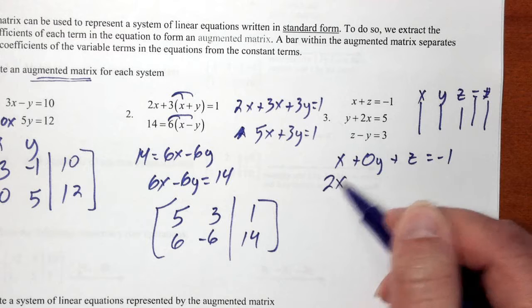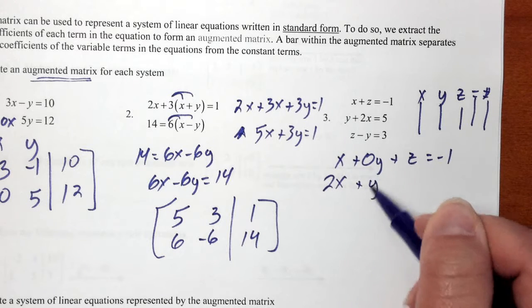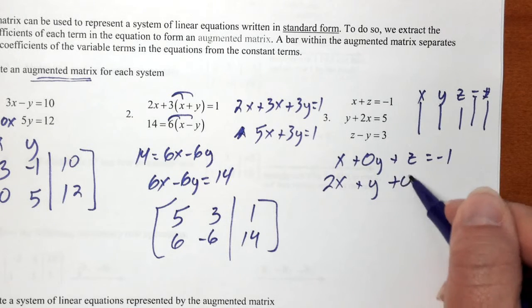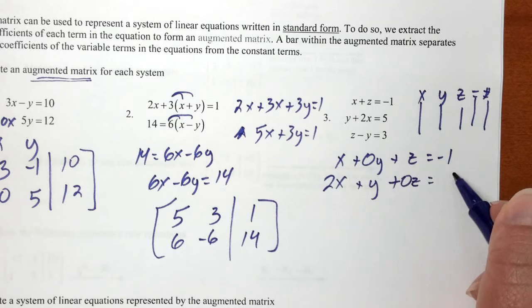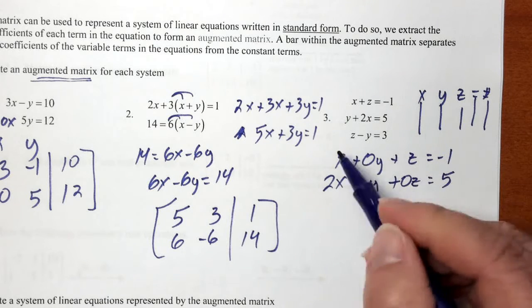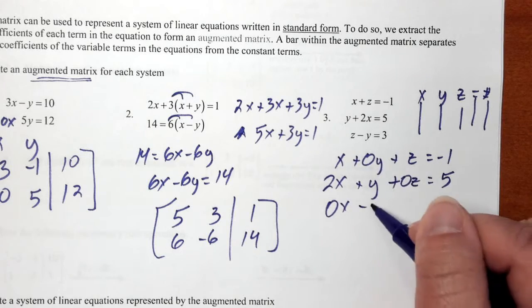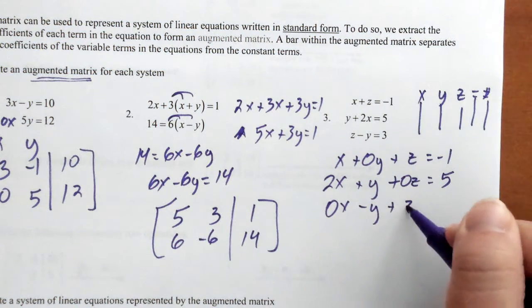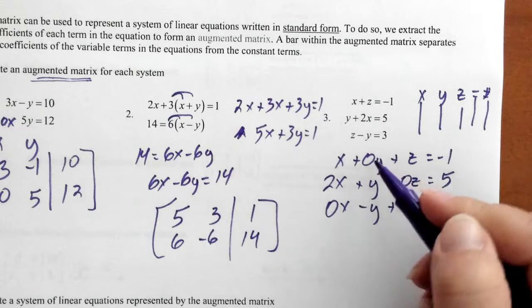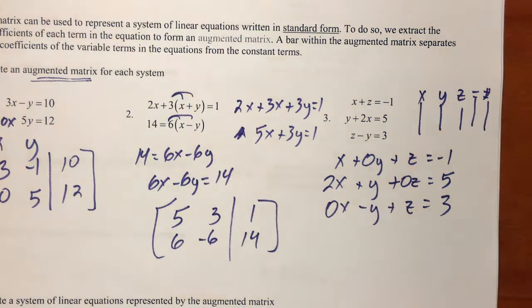So I could put my 2x first, my y second. It's missing a z, so I'll put plus 0z, and then my constant at the end was 5. Last equation is missing an x, so 0x minus y plus z equals 3. So you may have to rearrange to make sure that you're in x, y, z order, and then your equals,